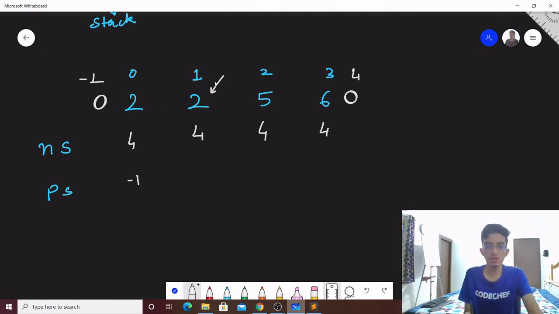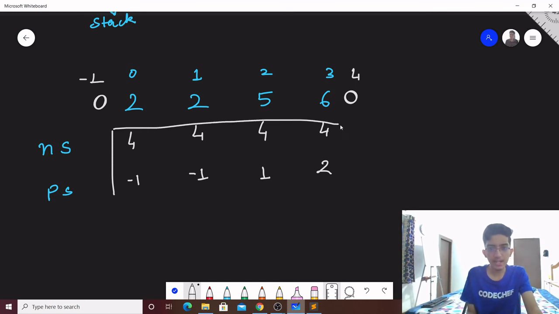Similarly, for the element at index 1, the previous smaller is again at -1. But for the element at index 2, the previous smaller is at index 1, right? And similarly, for the element at index 3, the previous smaller is the element at index 1. So using this information, we will try to calculate our answer.